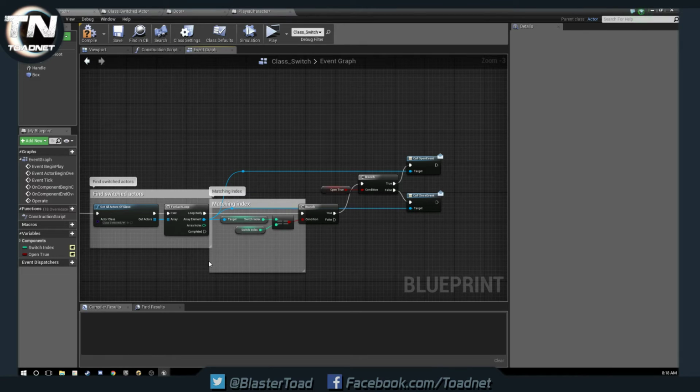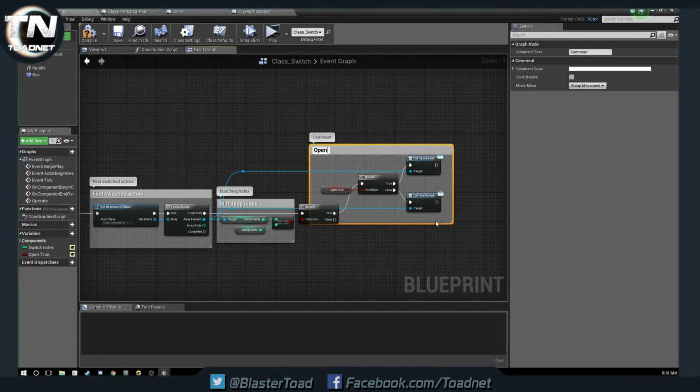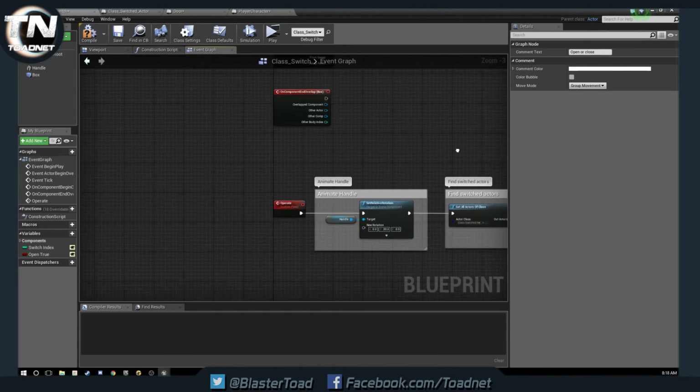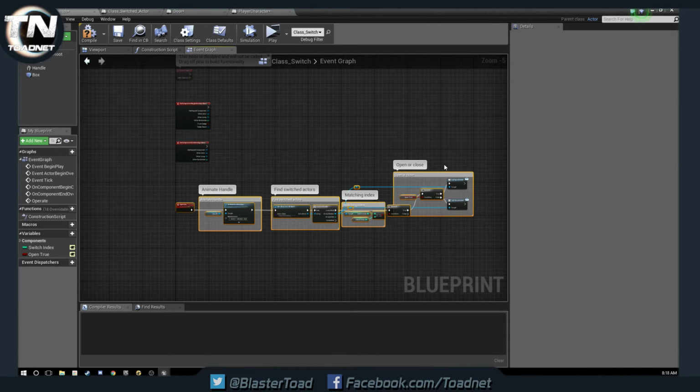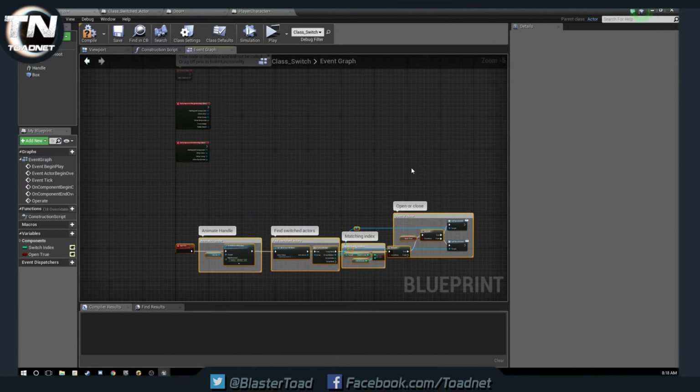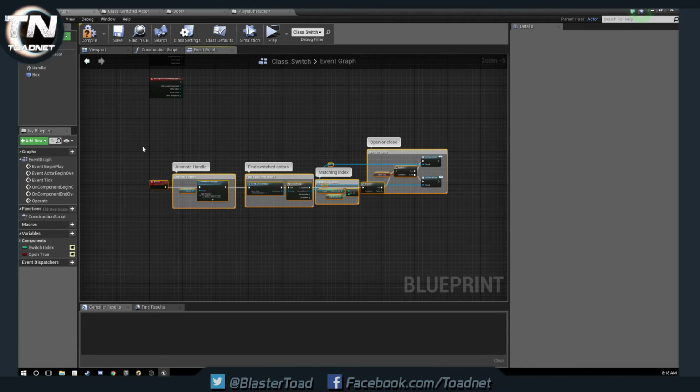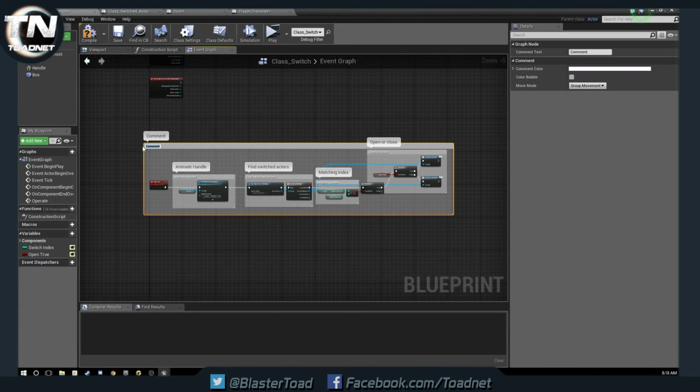I need to move that. There we go. Matching the index. And then with this here, we are doing an open or close. Okay, so this way we can quickly just write in comments of what parts of our code do. And then with all this selected, we can do one big block, and then we can do